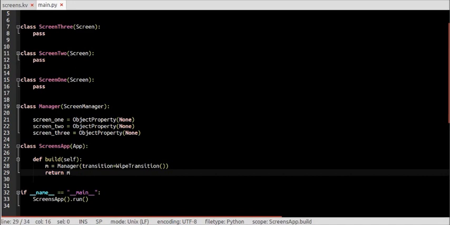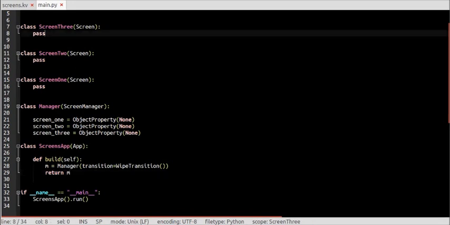One of the screens could be filled with images. If you have a game, images and animations and things that are set to fire off when you enter the screen. For instance, I encourage you to go and look at the docs on Kivy.org, but screens have methods such as